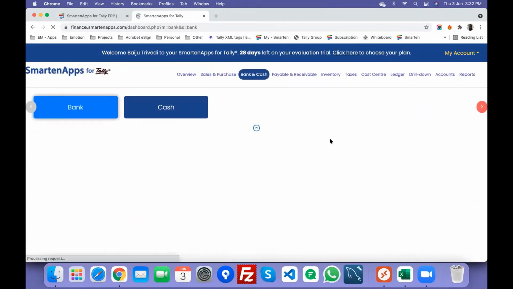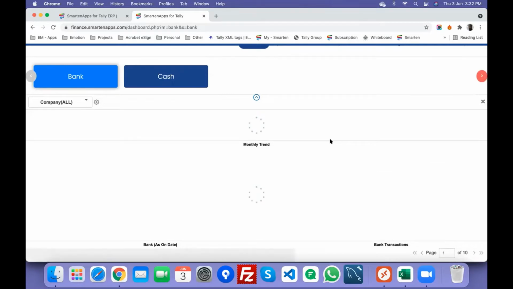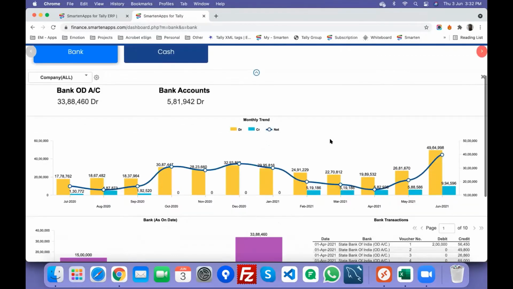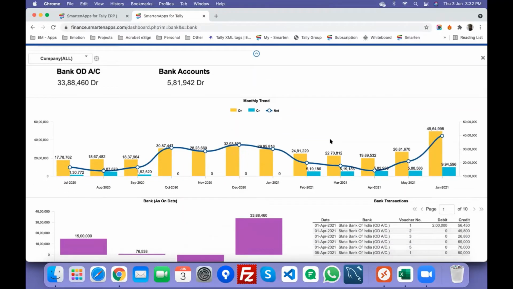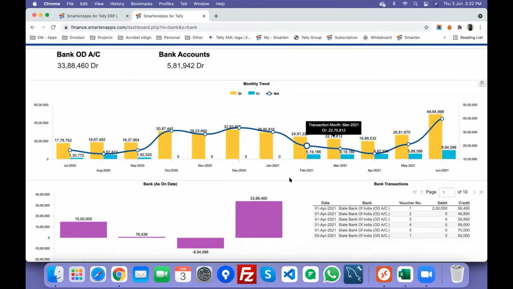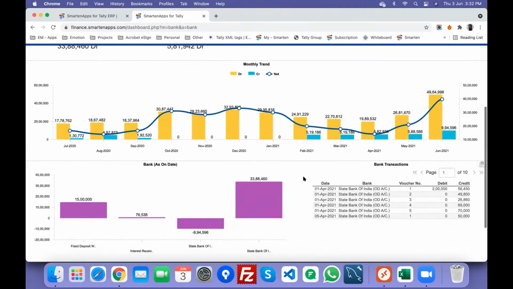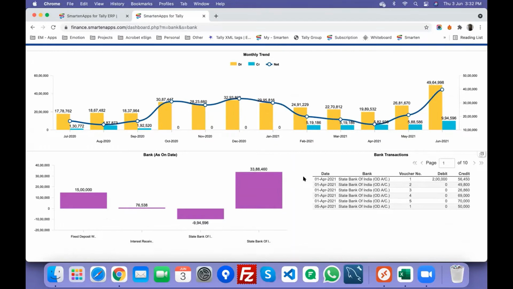Now let me show you bank and cash. So this is by your different bank accounts, including the OD accounts, how your debit, credit, and net balances are moving across the months. You can have a look at it by different bank accounts that you may have as well.